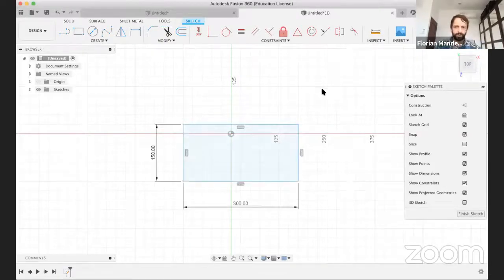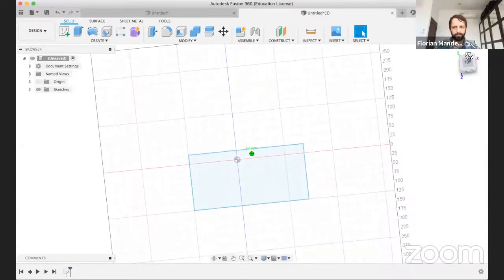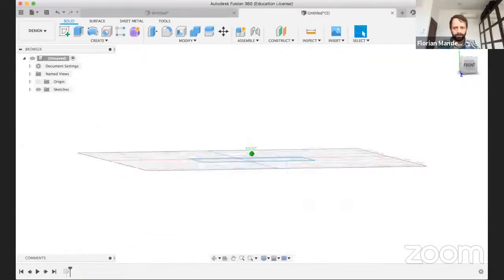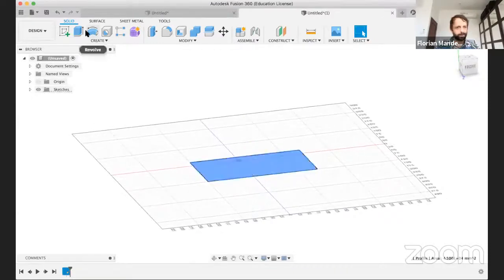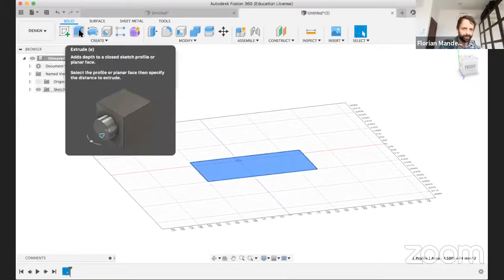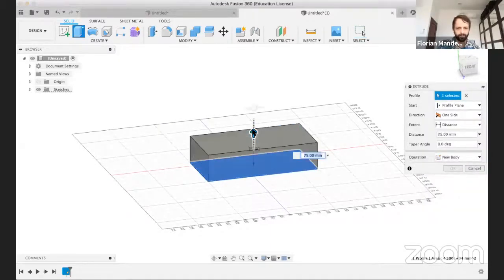So here's my box. Once this sketch is finished, I can go back to my 3D. You can see how it's flat. And that's where I can go into solid. So we're talking about a solid modeler. And I extrude it. Now I was just pulling it up randomly, 75, but I can also